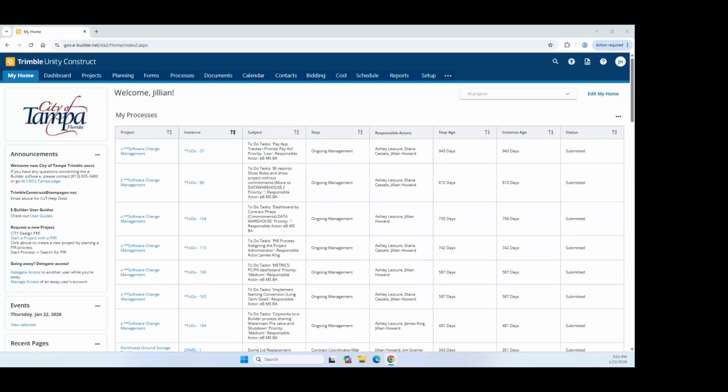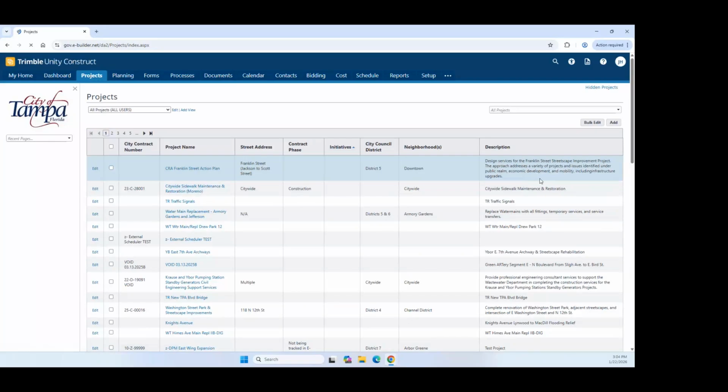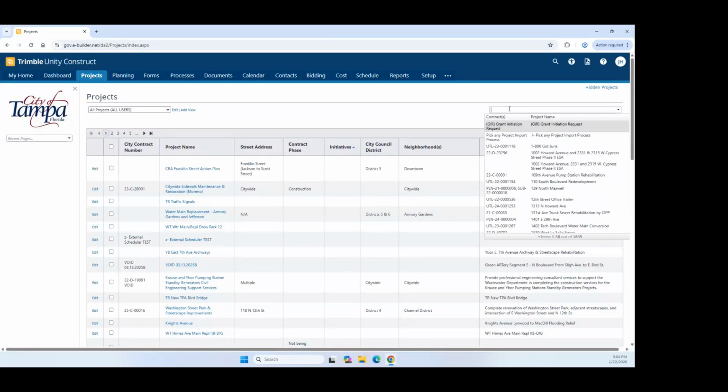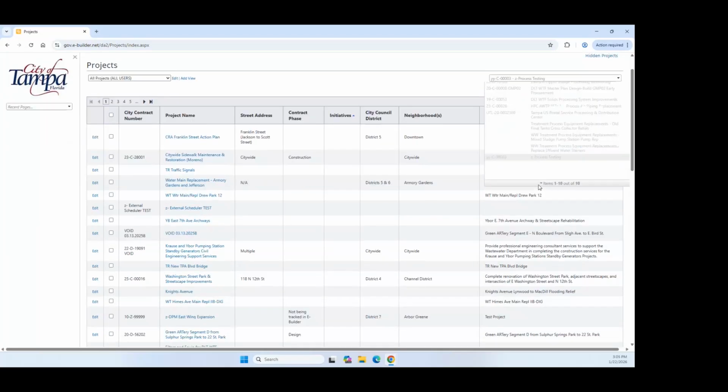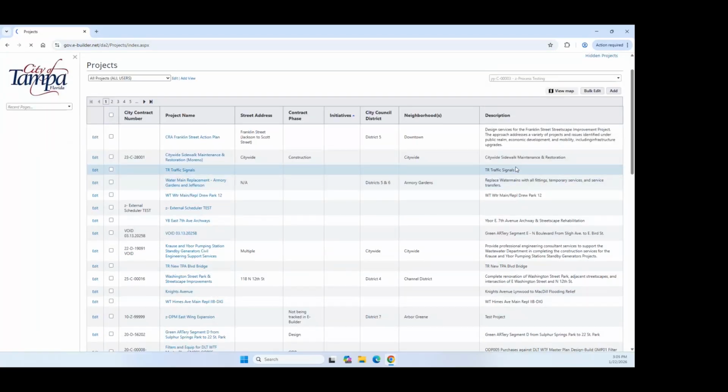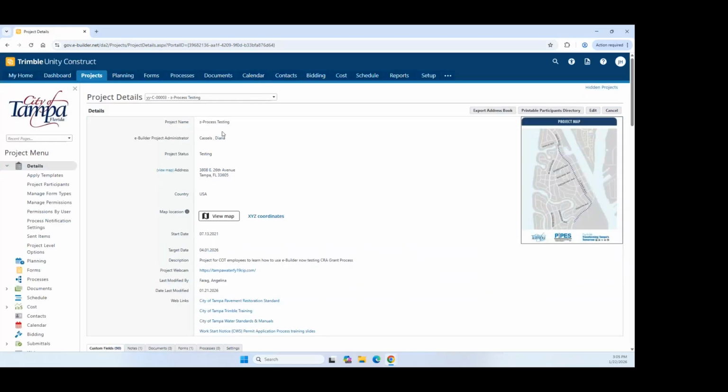Okay, so we are in the homepage of the Trimble Unity Construct platform, and therein you will have the opportunity to either go to the processes tabs with a specific project in mind. We are going to go into a test project for this particular exercise, and we are going to choose process testing. In your case, you will be utilizing the specific project that was generated through the project initiation request or